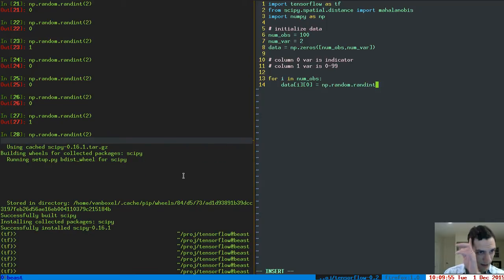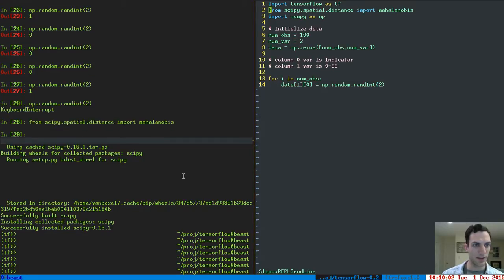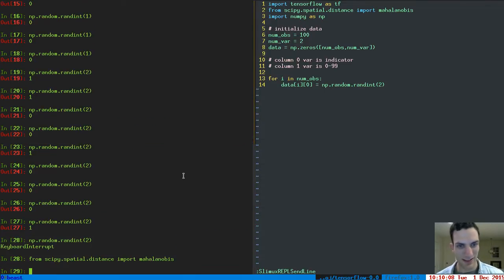Oh, SciPy actually worked. Okay, cool. Let's see if we can import SciPy. We can. Okay, excellent. So we can at least test our own results. Let's kill that. Then, what I want to do is